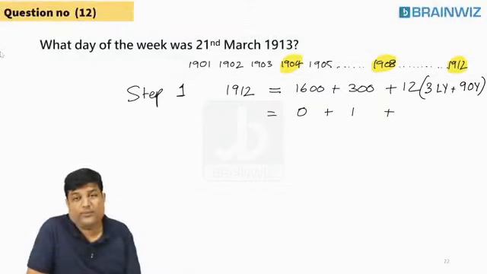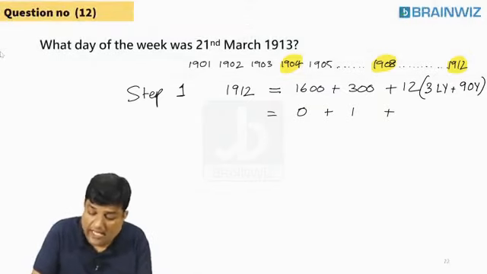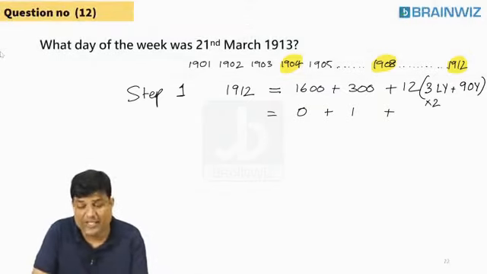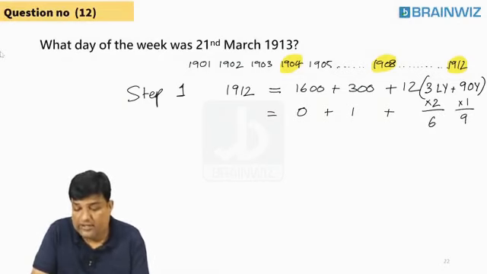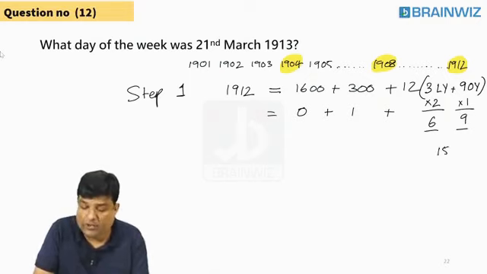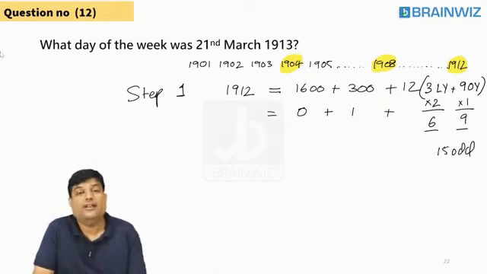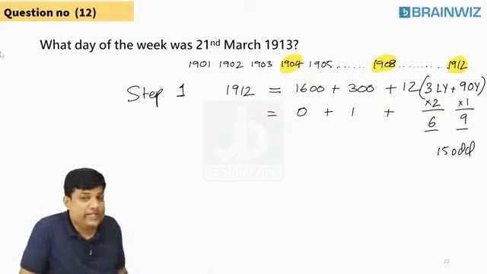So what shall we do now is, every leap year I've got 2 extra days, that is 6. And every ordinary year I've got 1, so that is 9. So 6 plus 9, 15 odd days. Are you understanding, students, how to do it? How many odd days? 15 odd days. So this 15